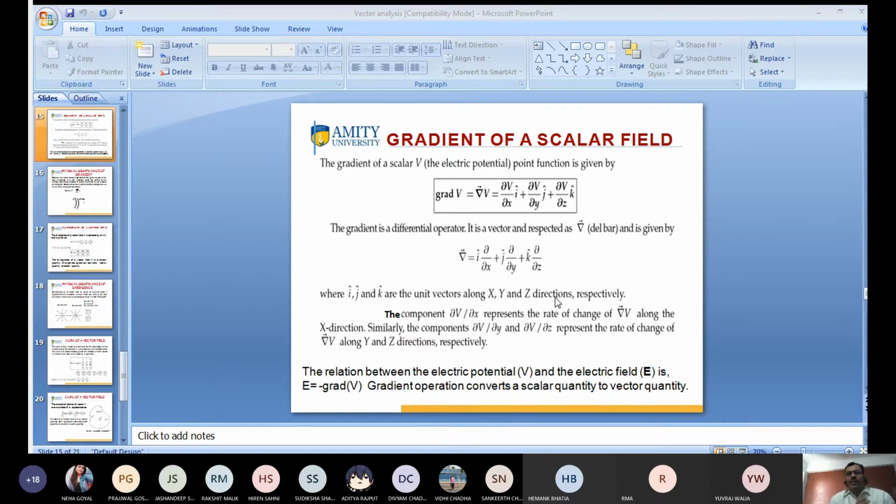When it is a scalar function, it is grad phi. If it is on a vector quantity with dot product, I write divergence of A. Divergence means spread out, flow out, and curl of any vector quantity is del cross A. This is known as rotation. When divergence of any vector quantity is 0, this is known as solenoidal. And when the curl of any vector quantity is 0, this is known as irrotational, or you can say conservative.